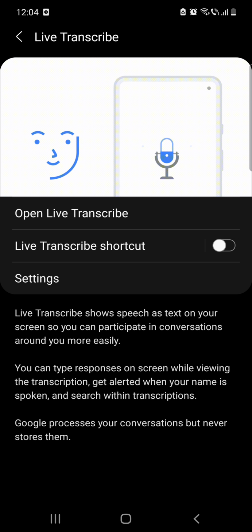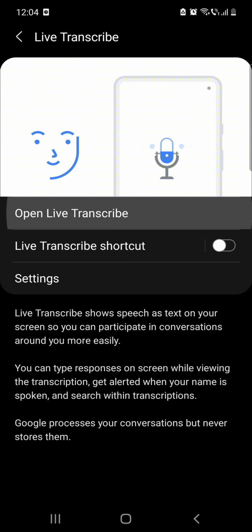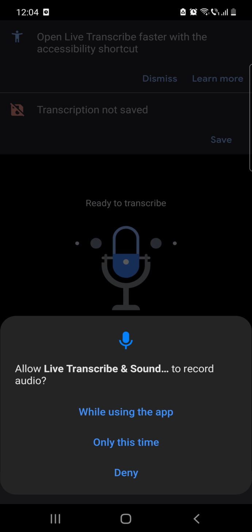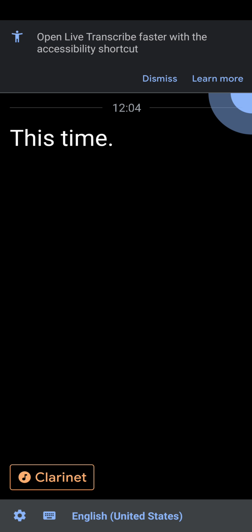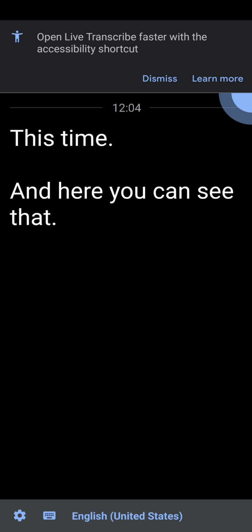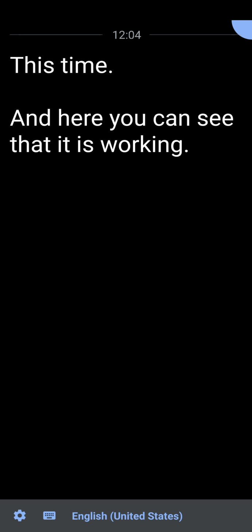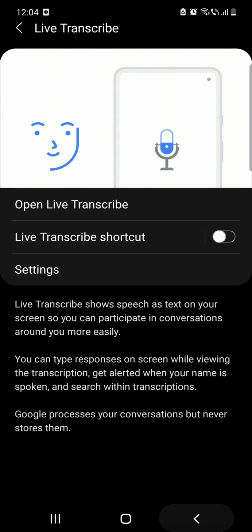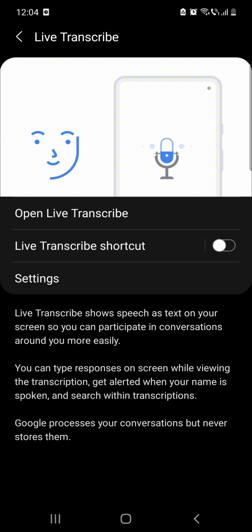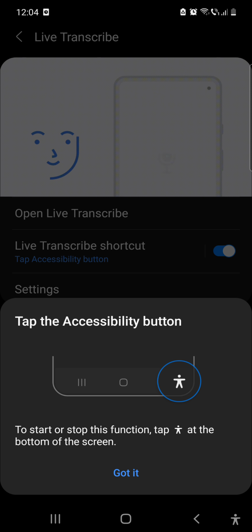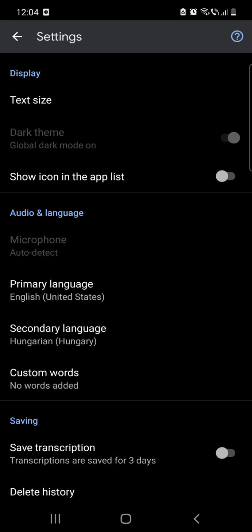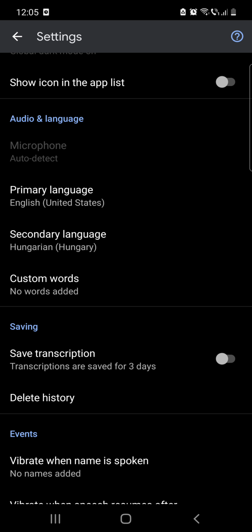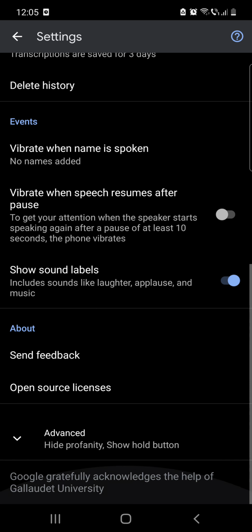Alright, so if you want that, you have to open Live Transcribe, of course. And here you can see that it is working. Right? You can have a Live Transcribe shortcut as well. And here you have several settings for it, like for the display, for the audio and language, saving and events,